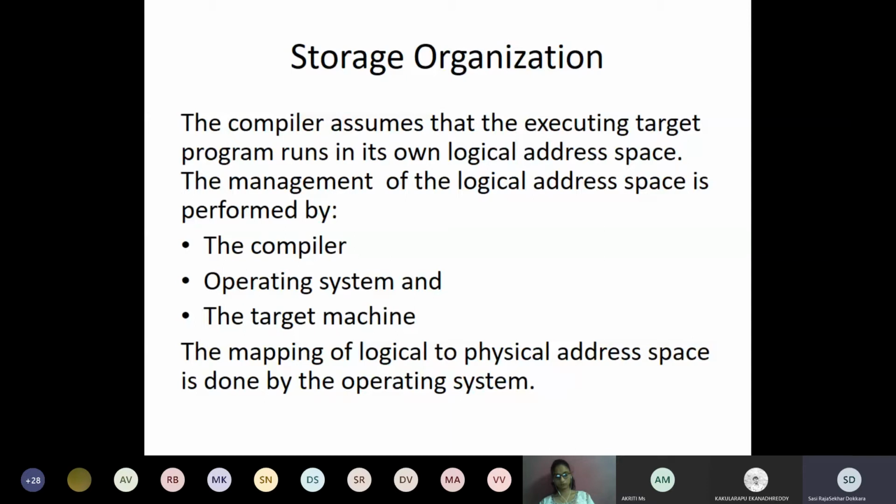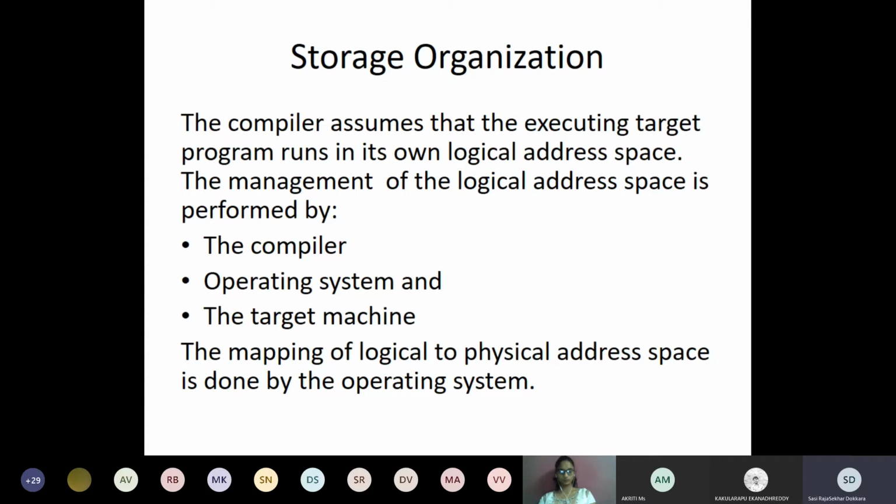We all know by now what is logical address space and physical address space. Logical address space is a space where we assume only the program which is currently in consideration is going to exist. So therefore, the logical addresses are not concerned about the actual physical locations. Every time you want to have a logical address space, you start at 0 and you can think that this is the only program that is running and you can go on giving addresses.